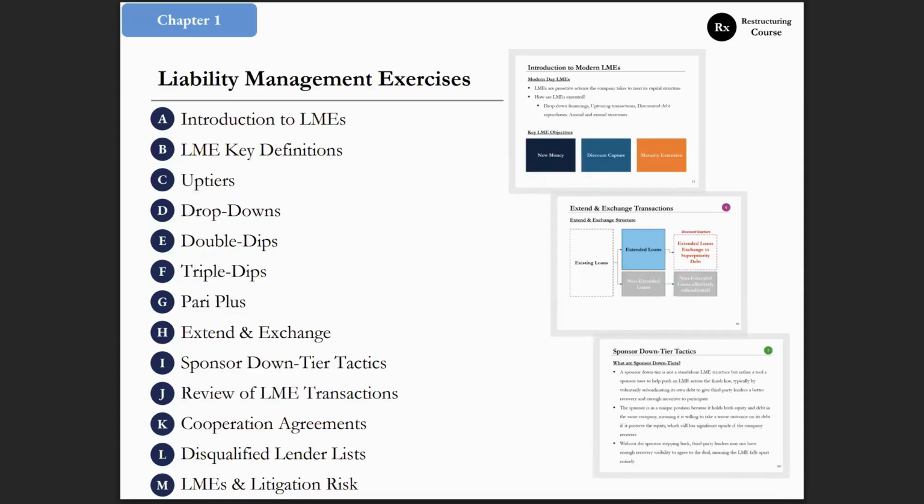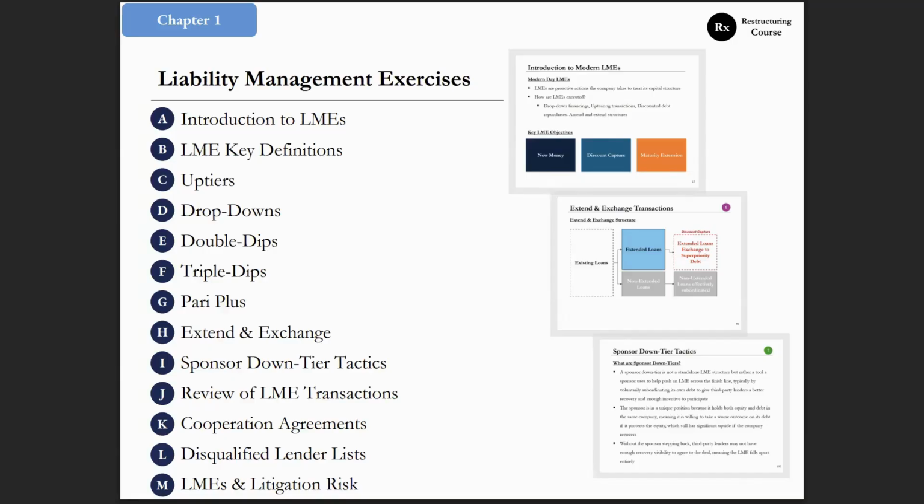So in our first chapter, we're going to be going over liability management exercises 101. At the end of the day, that is the core of this course. And to be able to understand reading credit documents, to be able to understand how to model out liability management, you of course need to understand what liability management is at first. We're going to give a very introductory overview to LMEs, some of the key definitions,